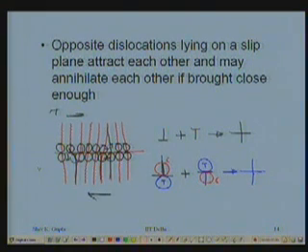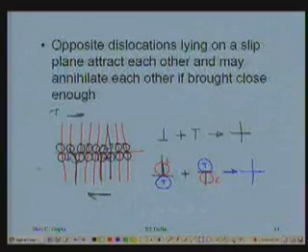So for this they should be close enough. Is there a limit? No, if they are of opposite sign lying far off, there is a force of attraction between them. There is an attraction. But whether they can come towards each other, I'm not guaranteeing that. I'd say that let me apply the stress. By applying the stress, I try to bring them together. If I don't apply any stress, would thermal energy bring them together?